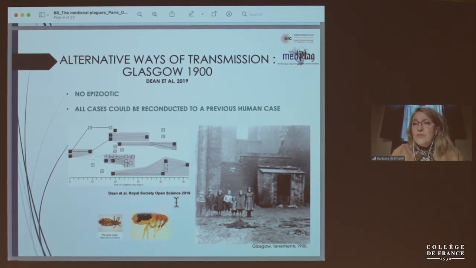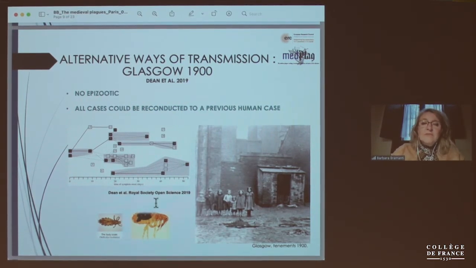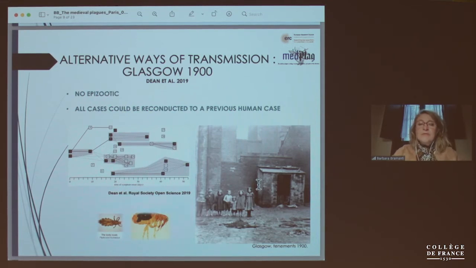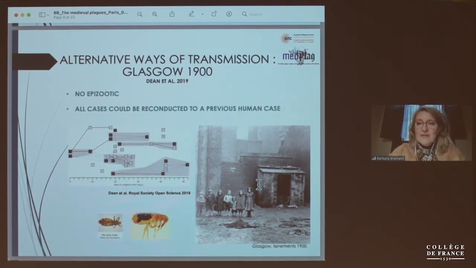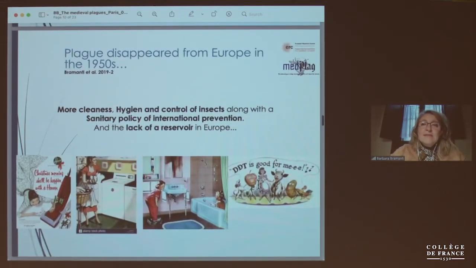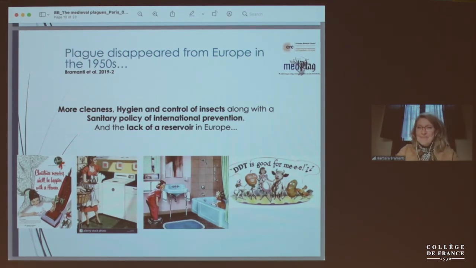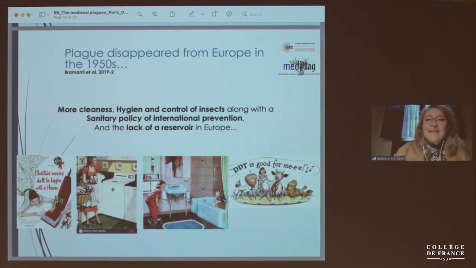It was not unusual, and if you consider such quarters of Glasgow and of other cities in Europe, the presence of ectoparasites is not something impossible. And another evidence in this direction. You have also said something, if I have correctly understood before, you have spoken about hygiene and cleanliness.